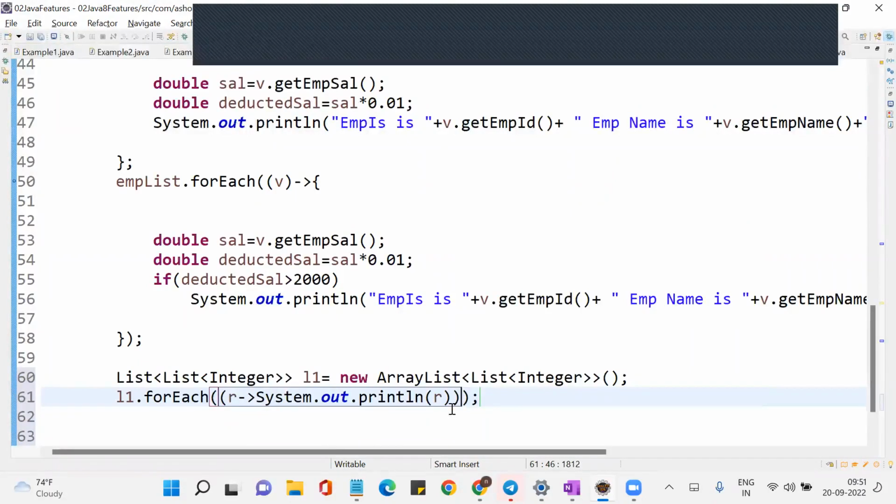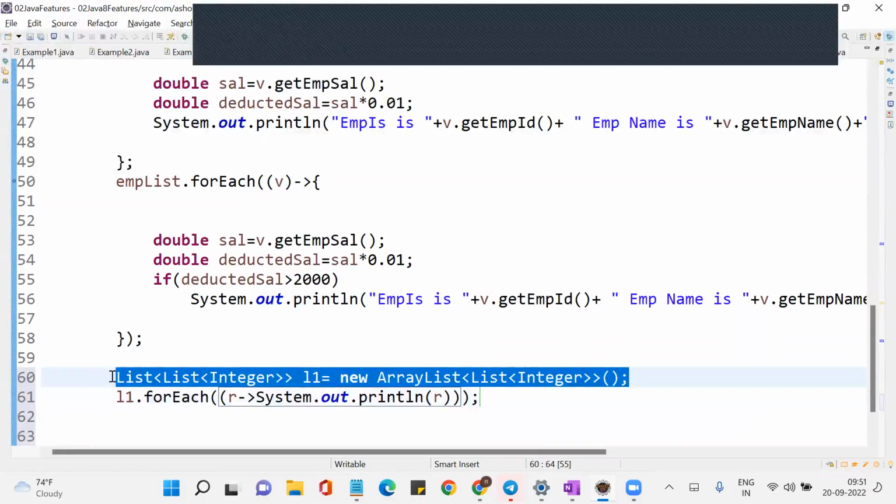Hope you're able to get what I'm trying to say. It depends on your data structure, how it is defined. Whatever you do with a normal for loop, the same thing you can do here. Generally, it is just iterating over the collection. But if you want to do some manipulations, or perform some operations, that's where we go